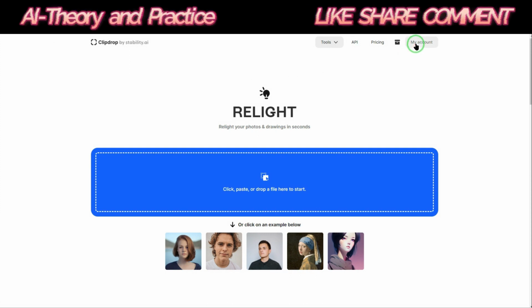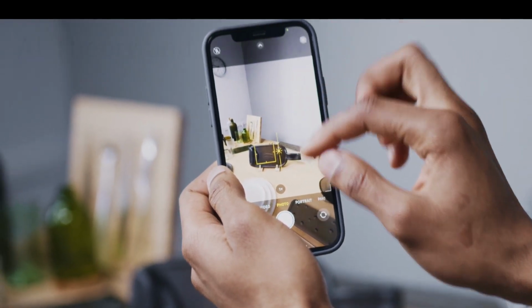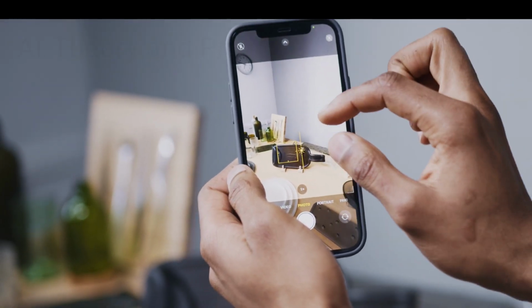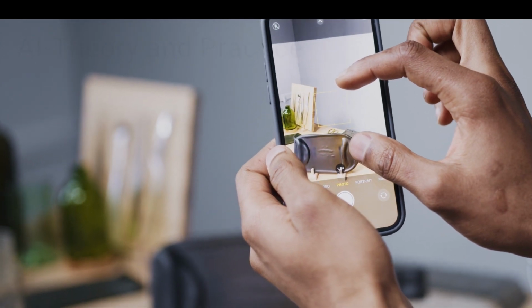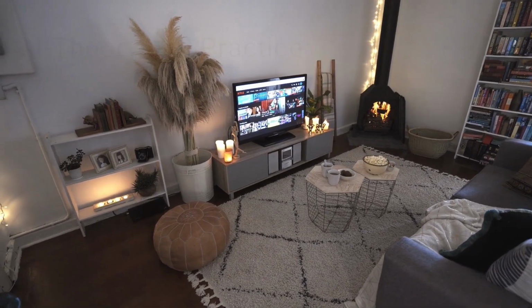To use the site's features more and with quality, you can upgrade your account. This tool can be ideal for lighting in the photos of your products for sale. As I said, this website has other interesting tools, such as Reimagine XL, which you can use to change the decor of a room or any other place.